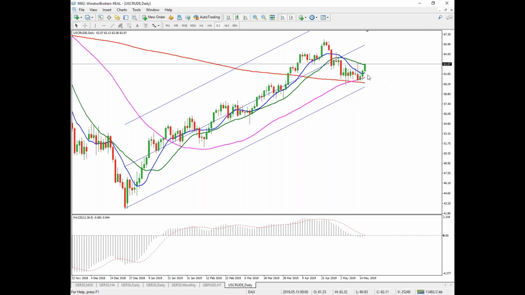So this is a good support for the price action. And we have probes above the 20 days moving average. So if we close today above this level, then we can consider another strong bullish signal that may push the